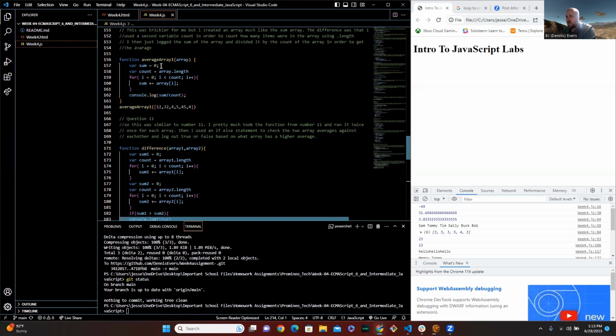I did another function for the next one where I created the same thing, just a sum. Well, it was an average actually. So it was sum, count, average array. I would get the sum the same way I did in all the other ones, and I would just console.log the sum divided by count, which is the length of the array,